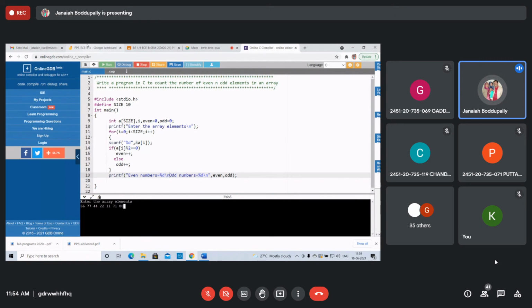So I have taken 7 elements only. 99. 1, 2, 3, 4, 5, 6, 7, 8, 9. Okay. Even numbers 5, odd numbers 5. That's it. Got it, students? Right, copy this one. This is the symbolic constant. You can define the size of the array before the main function. Right, got it?